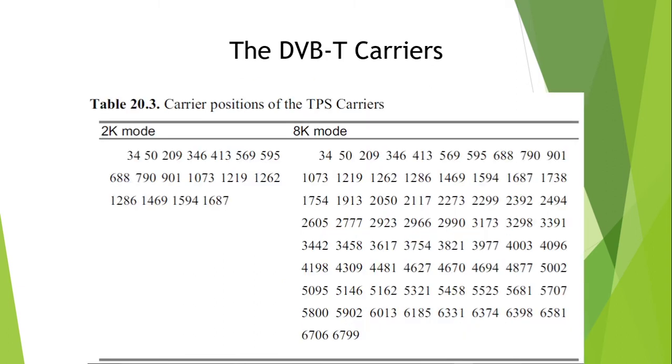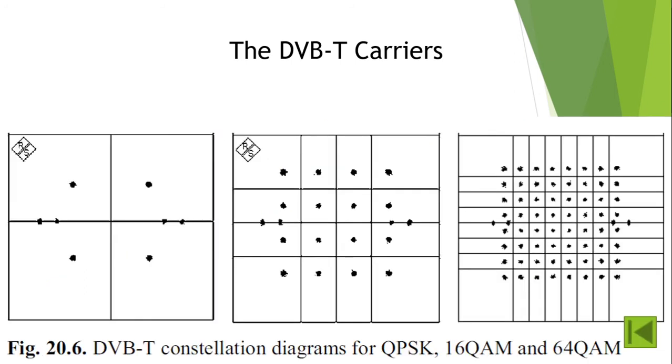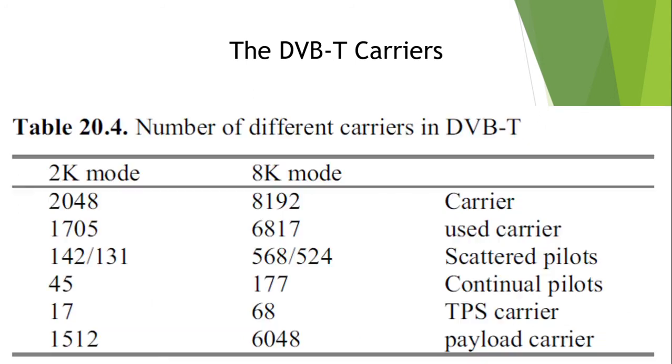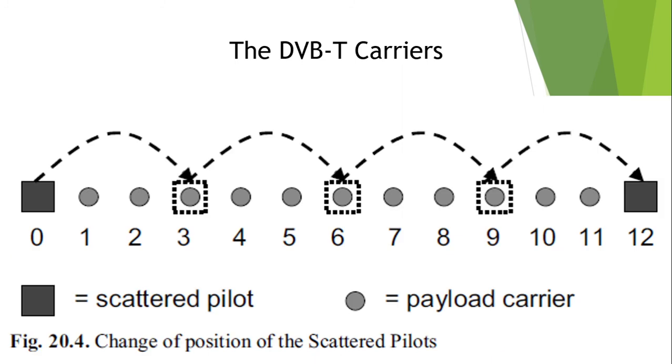And fourth point is code rate. Is it 1/2 or 2/3 or 3/4 or 5/6 or 7/8? Last point, fifth point, is use of hierarchical coding. So the TPS carriers will inform the receiver about mode, length of guard interval, type of modulation, code rate, and use of hierarchical coding. However, the receiver should have already determined the mode, whether it is 2K or 8K, and the length of the guard interval, which are thus actually meaningless as TPS information.